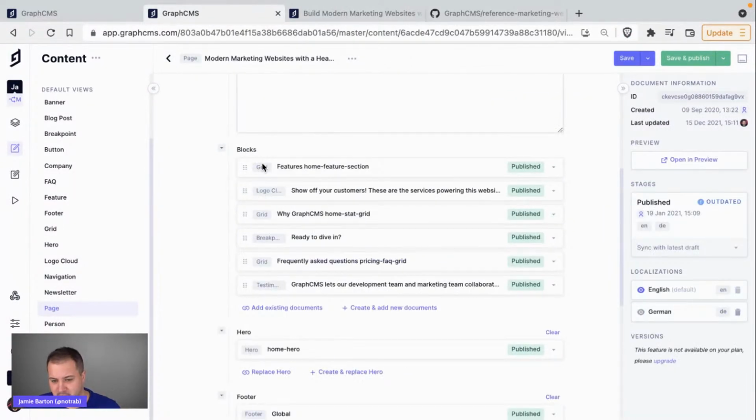Now, these blocks are of different types. This is what we call a GraphQL union type or polymorphic relation. And you can learn more about those again on our blog or in our docs. And we've got a dedicated video on GraphQL union types, and you can learn about how those work. But